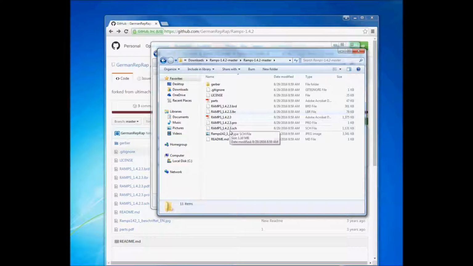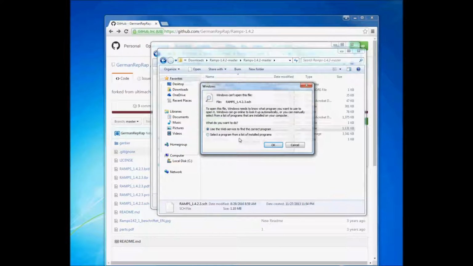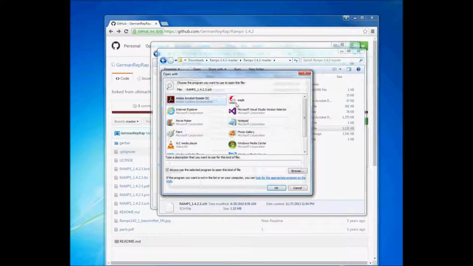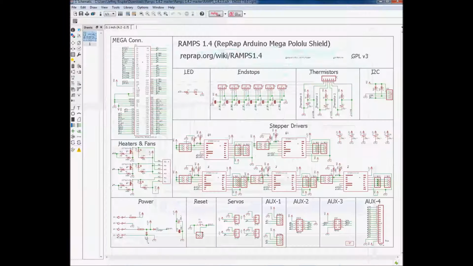And so what I'm going to do is this. This is the schematic. And it's asking me which program I want to use. I'm going to do a list, and then Eagle, and then OK. And there we have it, guys. This is the schematic for the